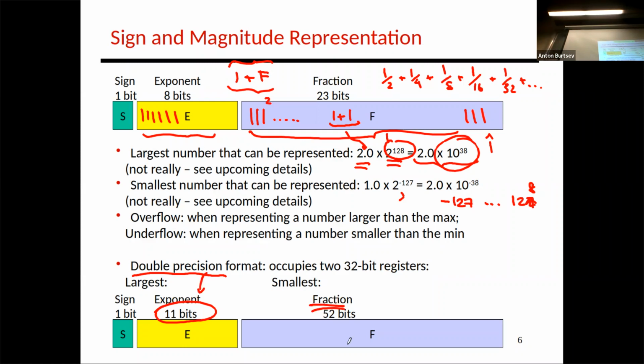numbers more precisely, right? Because as we will see in a second, with all these mathematical operations, addition, subtraction, multiplication, division, you will be running out of bits in a fraction, right? And then you will have to round the numbers, or just simply drop the bits, which is just truncating them.